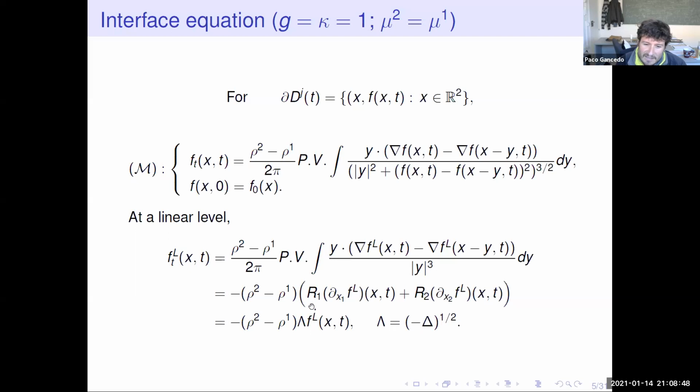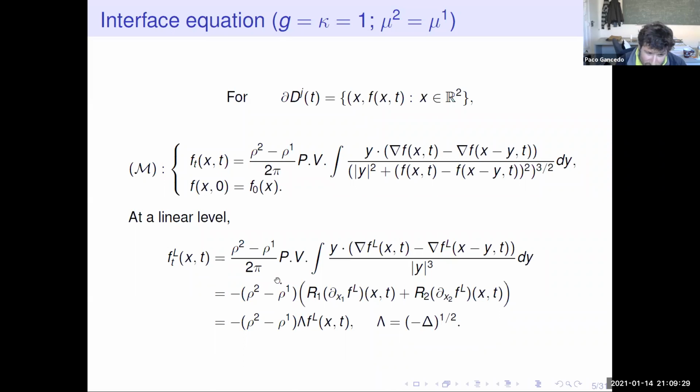And then what we get is the two Riesz integrals, okay? So this is the first Riesz integral applied to the first derivative. There is a minus sign that goes here. And then the second Riesz integral applied to the second derivative. And an important thing here we are gonna see is just that with these two terms, with these two operators, what we get is the lambda operator, the square root of the Laplacian, okay? This has to be seen in the Fourier side, okay, if you wish. Or maybe integration by parts here.